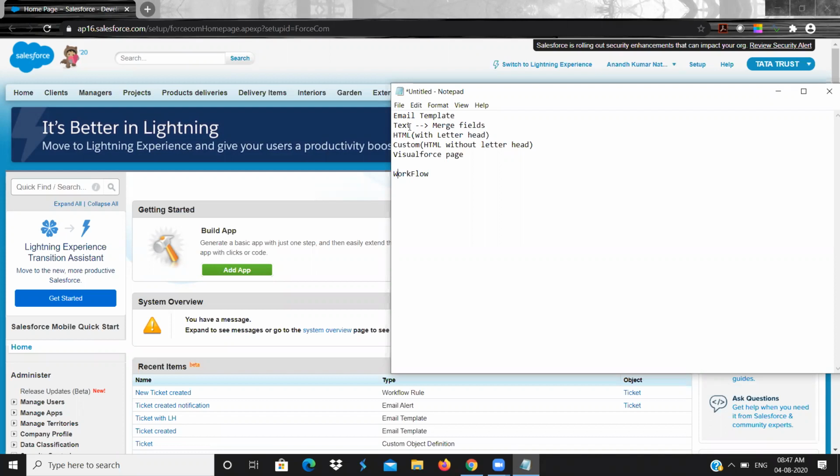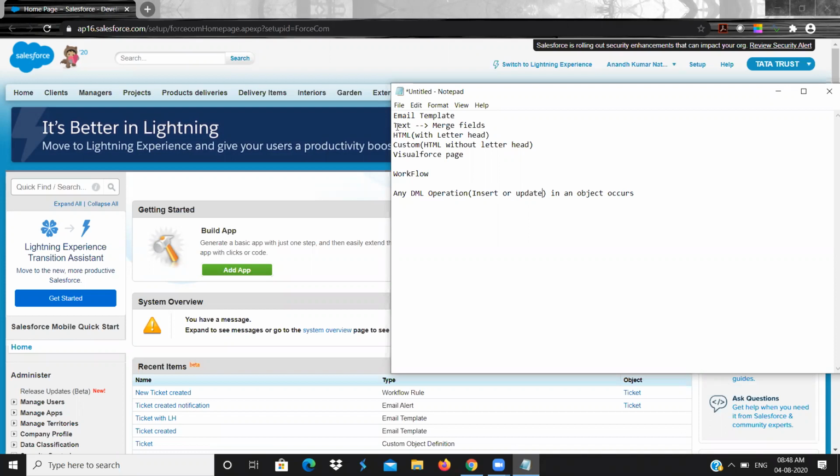In workflow, as we all know, what a workflow means is, any DML operation in an object occurs. So here, if we talk about the DML operations, we need to have insert or update, because workflow is not capable of performing delete operation actions.